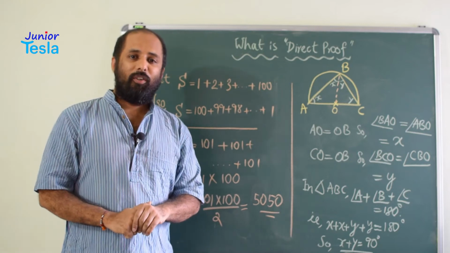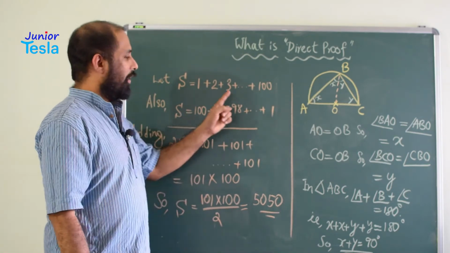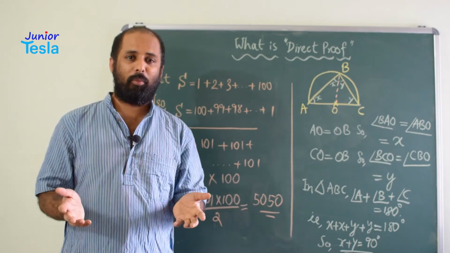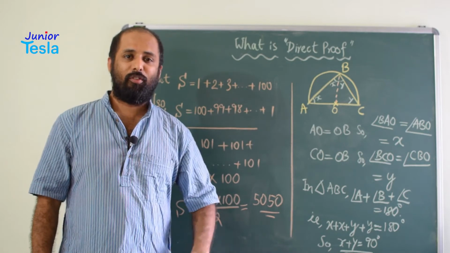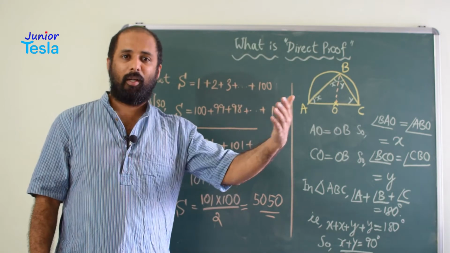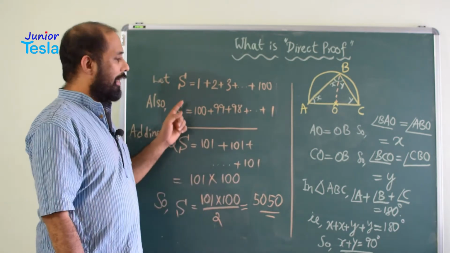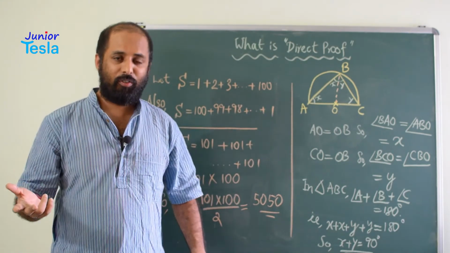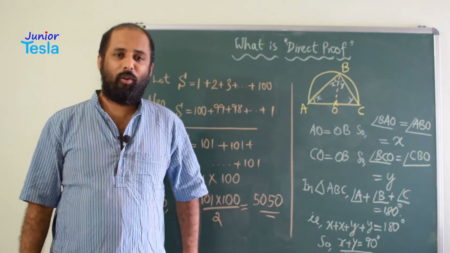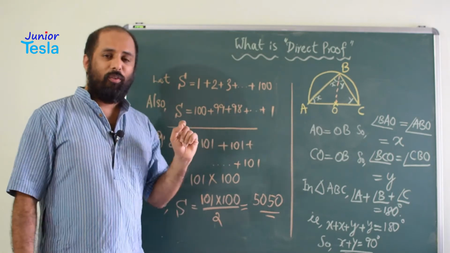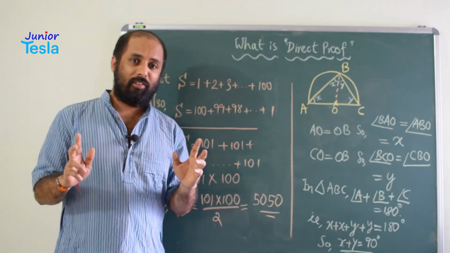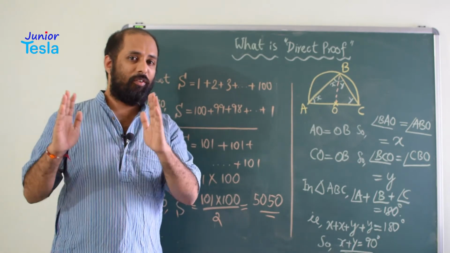Now whether you add these numbers in this sequence or in the reverse sequence, both give the same result. That is what the commutative property says, a plus b equals b plus a. So 1 plus 2 plus 3 etc. up to 100 is also equal to 100 plus 99 plus 98 etc. up to 1. So we write the same series, but in the reverse order. Now we add these two equations. Remember, these are not two separate or different equations. It is the same equation written in two different forms.